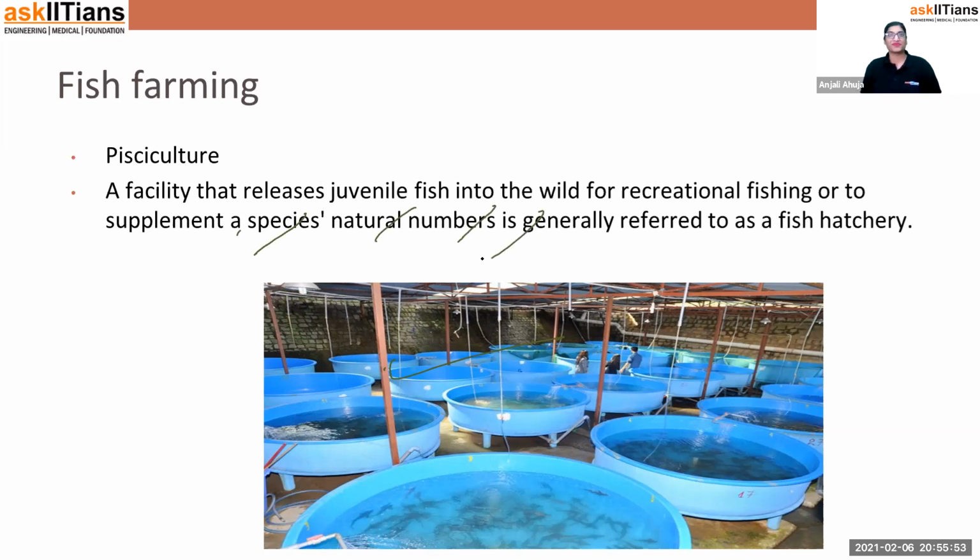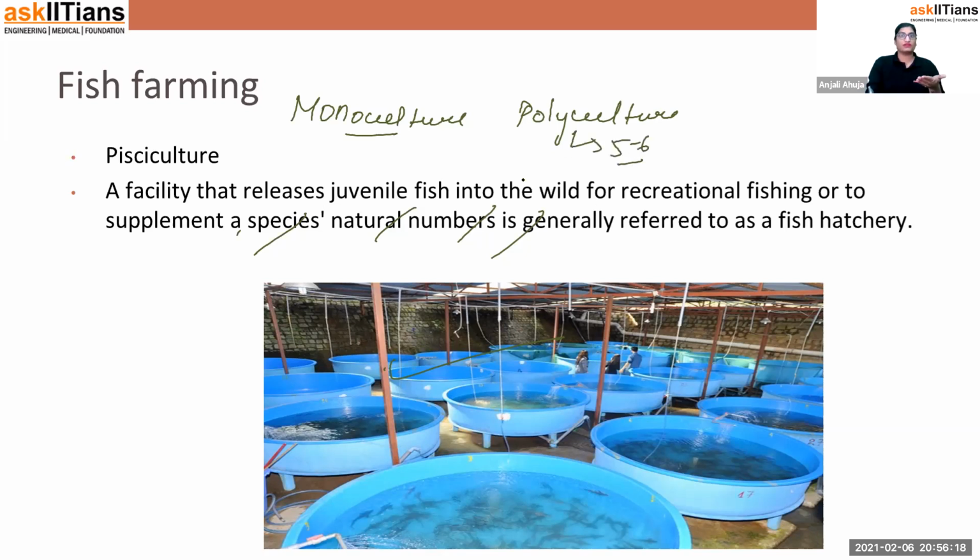Now, guys, there are two things. One is known as monoculture, and one is known as polyculture. Monoculture means when I am growing only one type of fish. Suppose there is labeo fish, Labeo rohita. I am just growing labeo only. So that's monoculture. Polyculture is a composite kind of culture where I am growing 5 to 6 fishes together. Like there is katla,